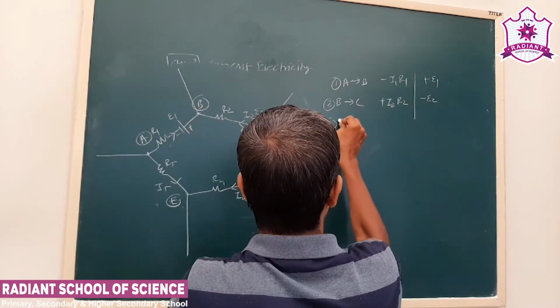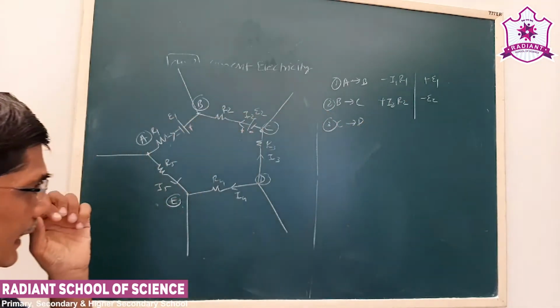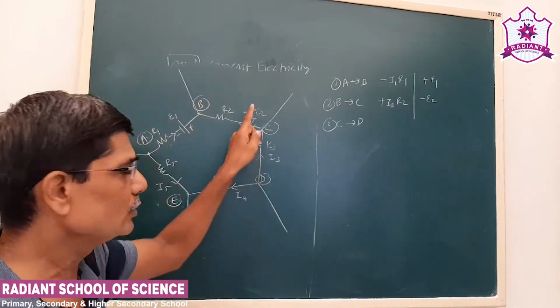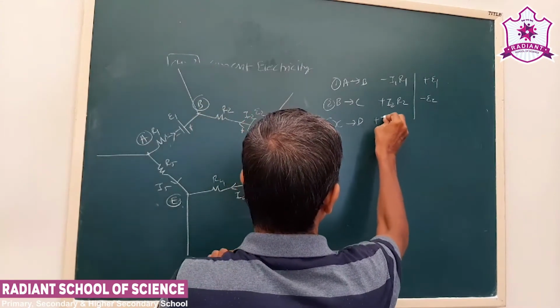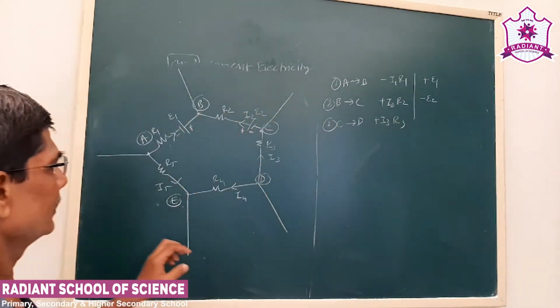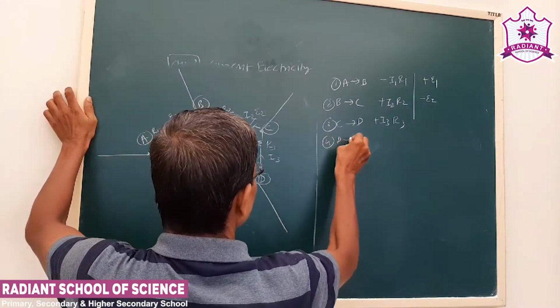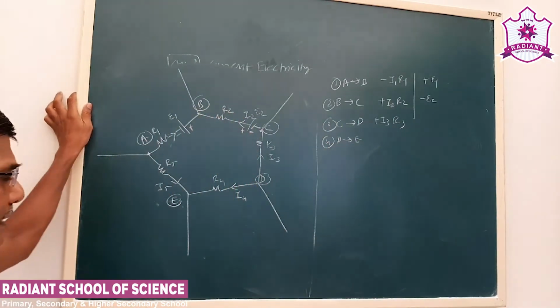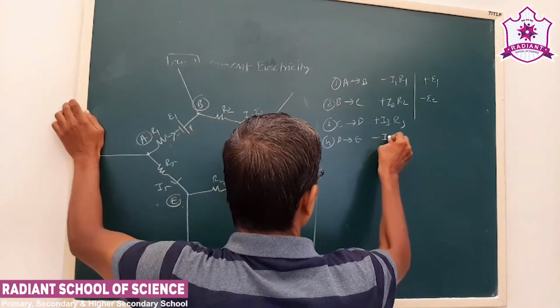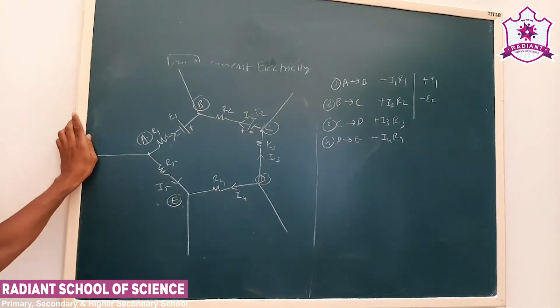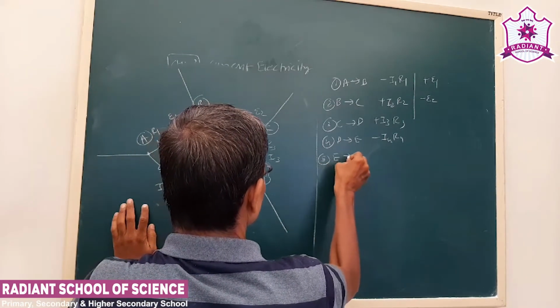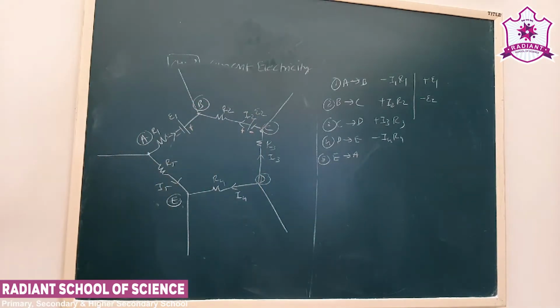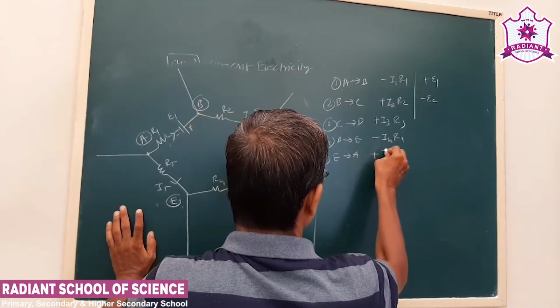Now when we move from C to D, we move in the opposite direction of the current, so that will be plus I3 R3. Now when we move from D to E, we move in the direction of the current, so there will be a decrease in the potential equal to IR, that is I4 R4. Now we move from E to A. During that we move in the opposite direction of the current, so in that case there will be an increase in the